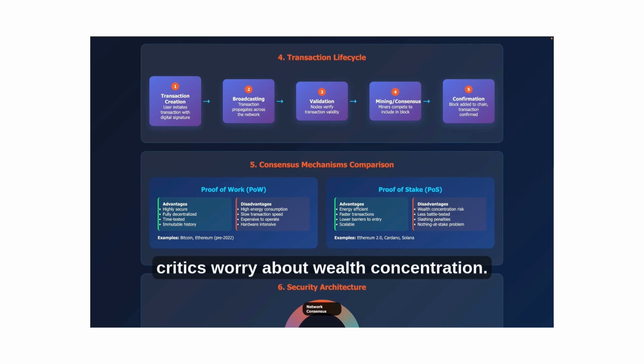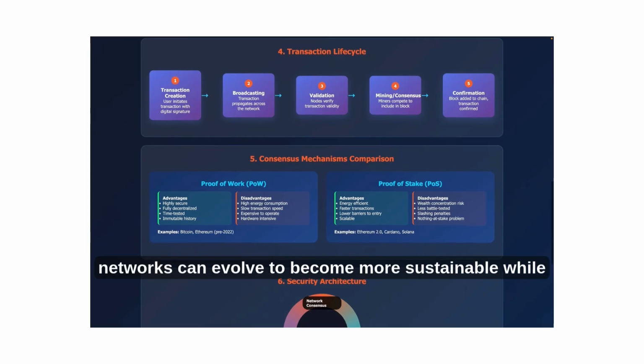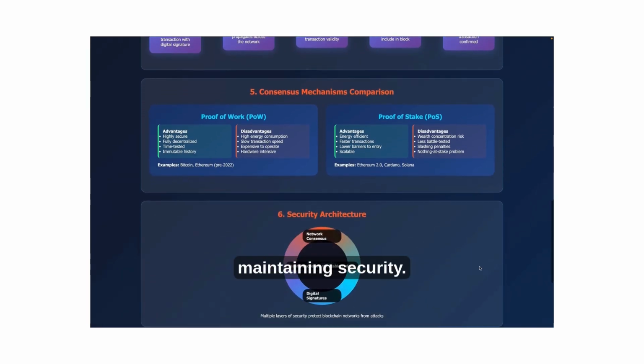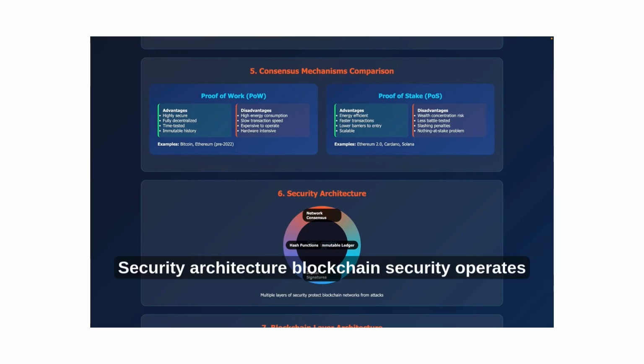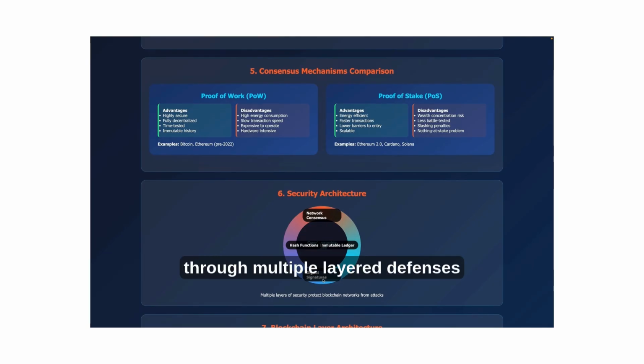However, critics worry about wealth concentration. The richest validators have the most influence. Ethereum's recent transition from proof of work to proof of stake demonstrates how blockchain networks can evolve to become more sustainable while maintaining security. Security architecture. Blockchain security operates through multiple layered defenses, like a digital fortress, with many protective